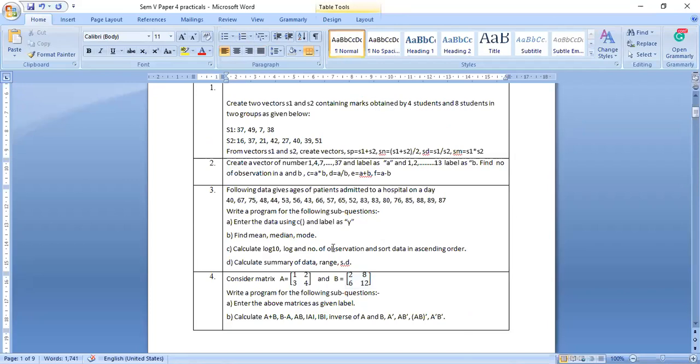Anyone? Sally, is she there? Jyoti Pandey, is she there? Yes, sir. How are you writing the practicals? Are you making a notebook? What are you doing? I mean, for all the papers, what exactly are you doing?